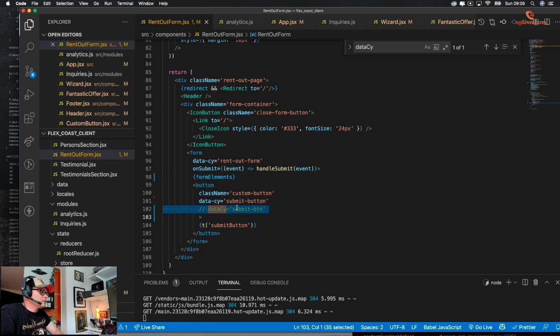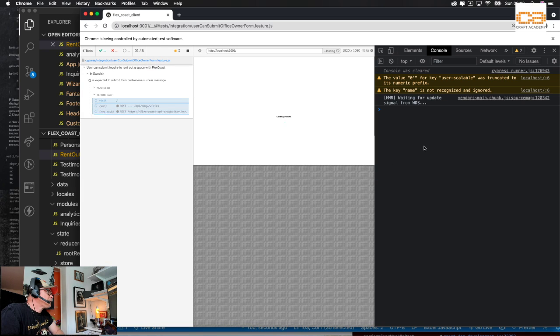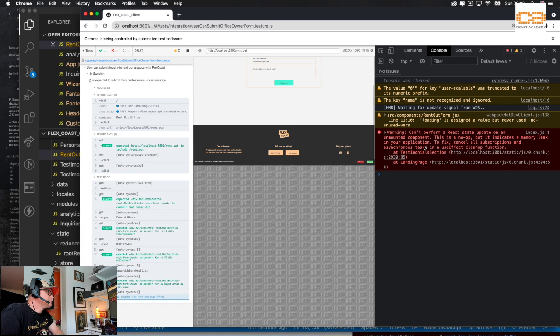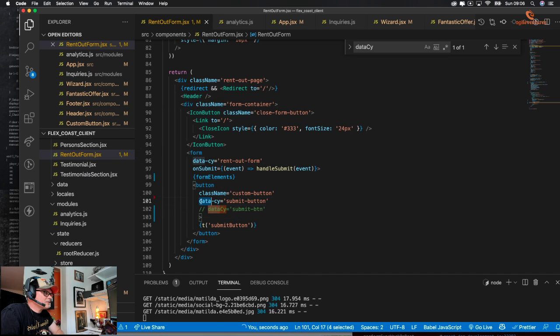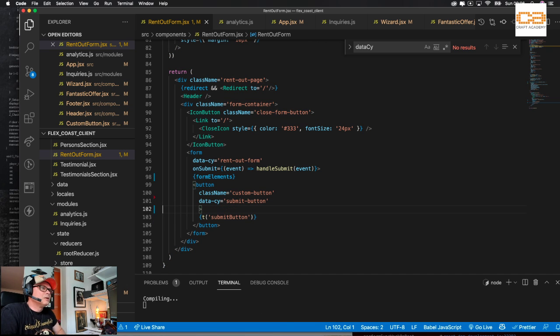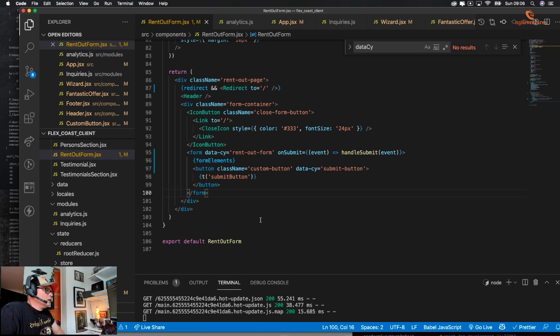I don't know if you guys have heard about cargo cult, but it's like people are just adding code without knowing what it does and not paying attention to stuff. Right, and now we can't perform the React state update. That's okay. Yeah. It's a redundant thing. Don't worry about it. It's just them being tired when they coded this, probably. I won't hold it against them. Let's just pretend that we never saw that.